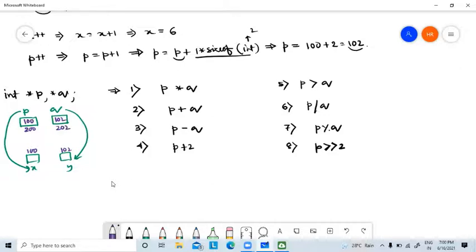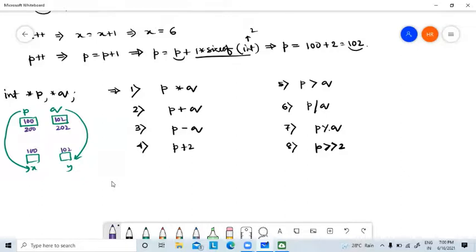Now tell me which of these statements are valid and which we can write and which we cannot. Can we multiply two pointer variables? We can multiply two normal variables, but can we multiply two pointer variables?